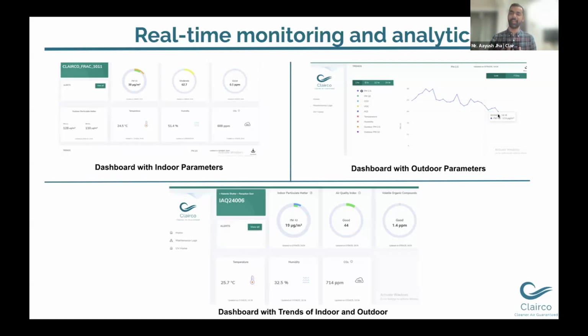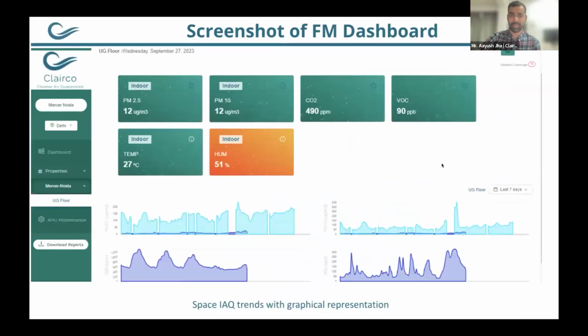Otherwise, by just understanding the ambient condition and the indoor condition, you can also predict when the filter needs to be replaced. And if you're able to predict the filter replacement and ensure the procurement and replacement happen in time, the air quality will always be maintained properly. This is something that our system is able to do. We have multiple CNN-based models, ANN-based models that we've been able to use to understand and predict these different things while maintaining better air quality.